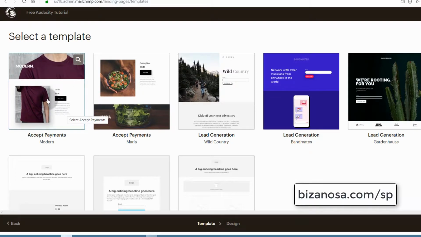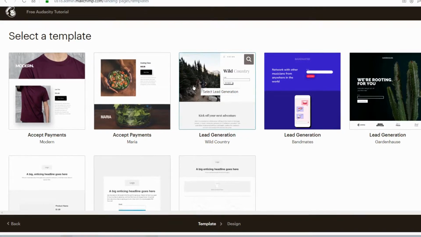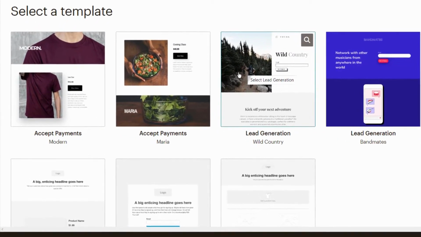And then we also have a landing page whereby you can use lead generation. So this lead generation is basically whereby you'll have a landing page and then you can collect subscribers. So you can use it to grow your list. There's also another one whereby you can connect your products and you can just market your product. So if you connect your store to MailChimp, and there are various platforms that connect to MailChimp, then you can market your products using a landing page.